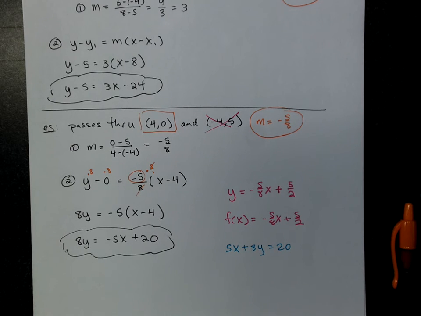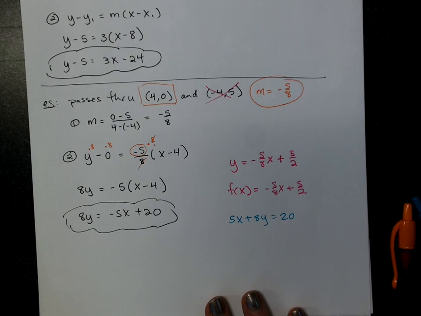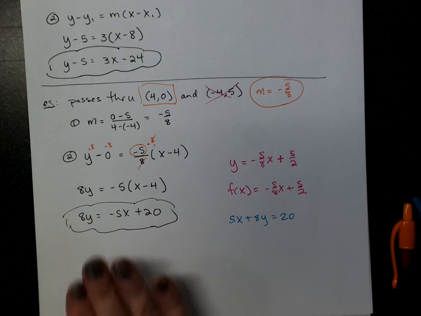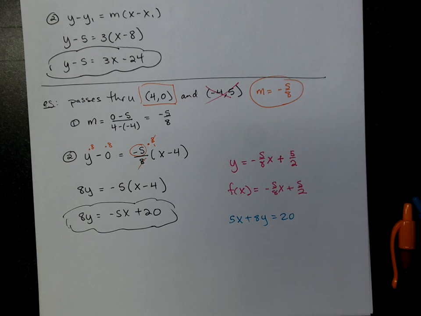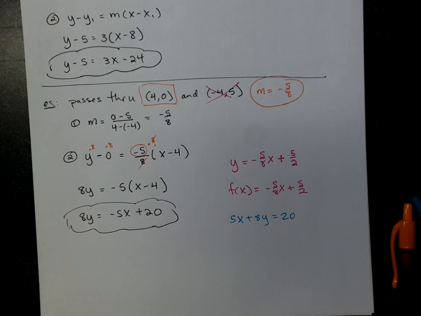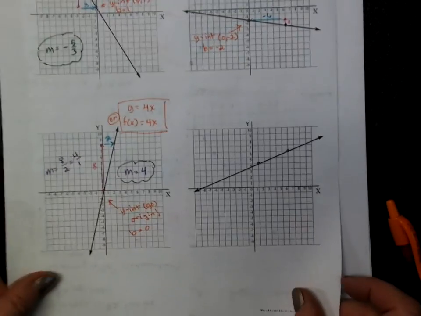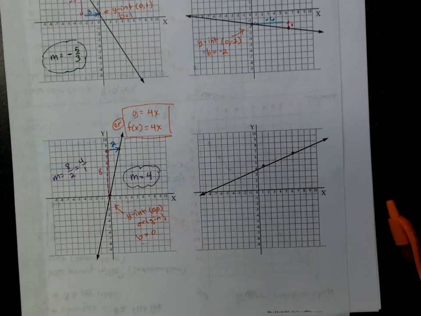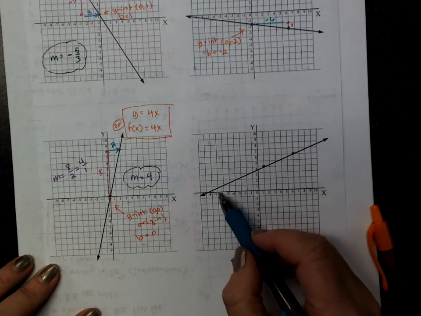Does that make sense? I didn't show all the in-between work there, but is that clear what I did? Okay. Did they ask for a particular form? Just leave it at 8y equals? No, it never will be. That's not something you ever leave it in. It's a means to an end. It'll always be one of these three forms. All right, so go back to that graph from last time, that fourth graph, that corner graph. Okay. So if we look back here, let's find our slope. We're expecting a positive